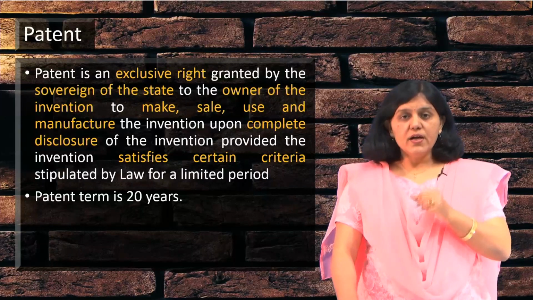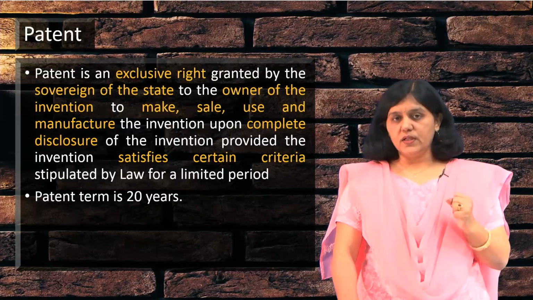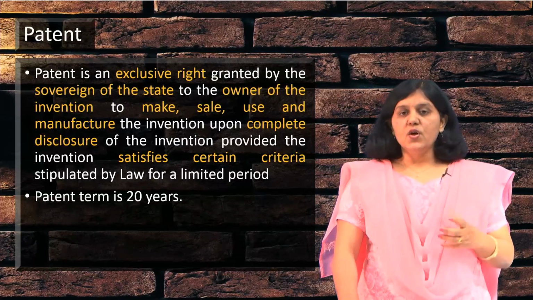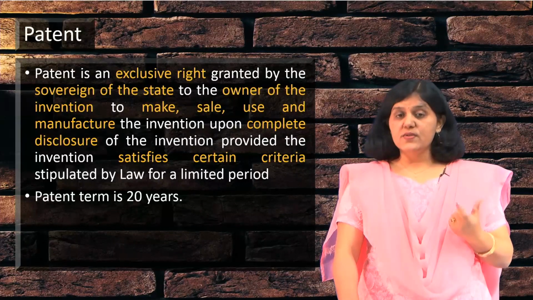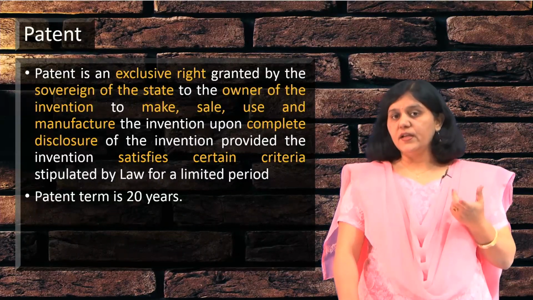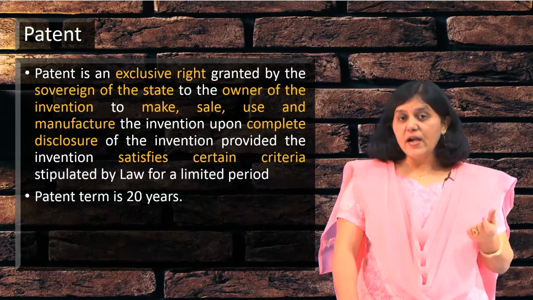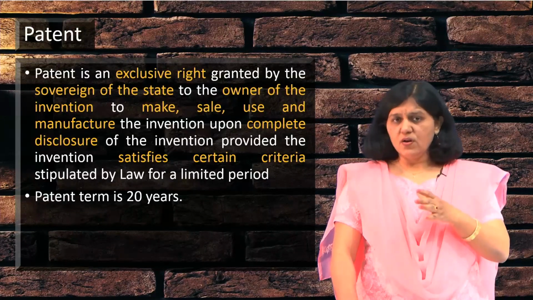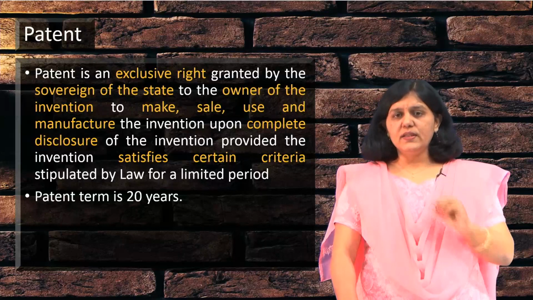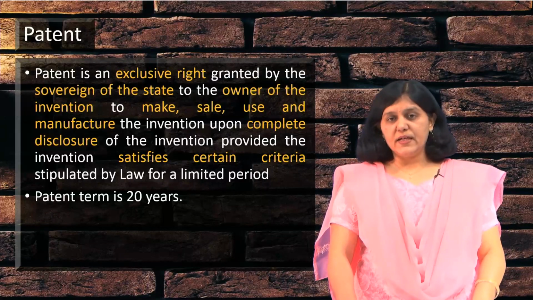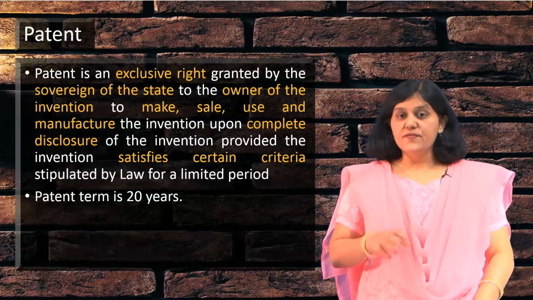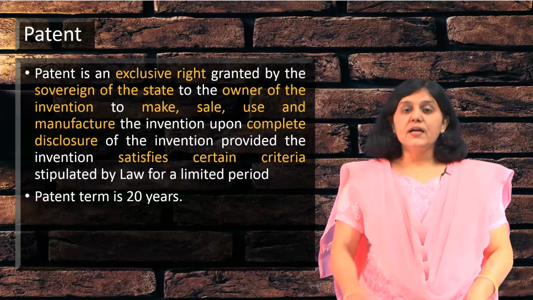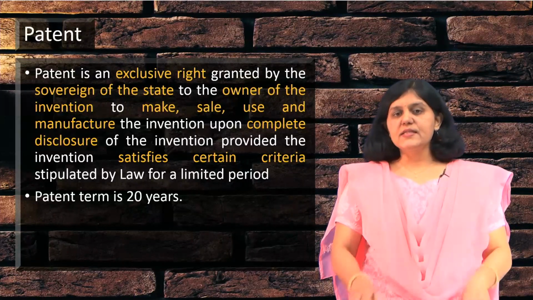Also, to avoid undue benefit of the right conferred on the owner by the Act, in the Patent Act there is a provision for compulsory licensing. So, within the 20 years also, if somebody takes undue advantage of that right, then there is a provision of compulsory licensing. We will not go into the detail of that, but just note that as per Section 84 of the Indian Patent Act, a compulsory license can be obtained if an owner takes undue advantage of the right given to him or her. Now, considering the welfare of the society, this time is kept as 20 years.